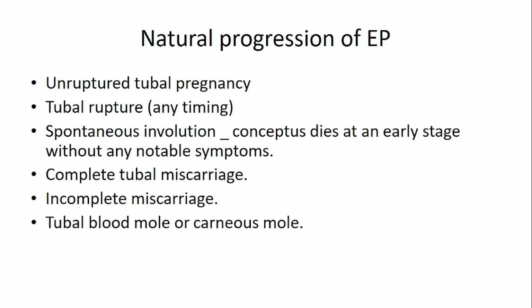What is the natural progression of tubal ectopic pregnancy? It can be a ruptured tubal pregnancy. It can rupture at any time. Of course, the pregnancy can also undergo spontaneous involution. The conception dies very early without any notable symptoms. There could be a complete tubal miscarriage as in normal intrauterine pregnancy. We can have an incomplete miscarriage too, as in intrauterine pregnancy, and then we could have what we call a tubal mole